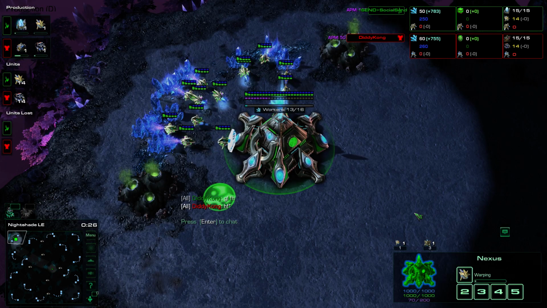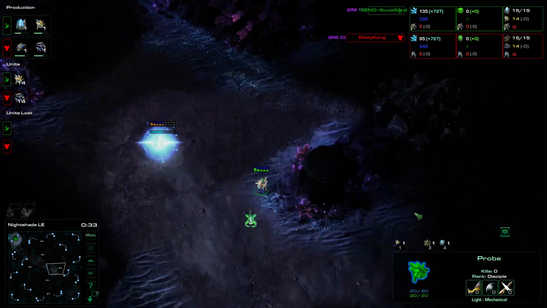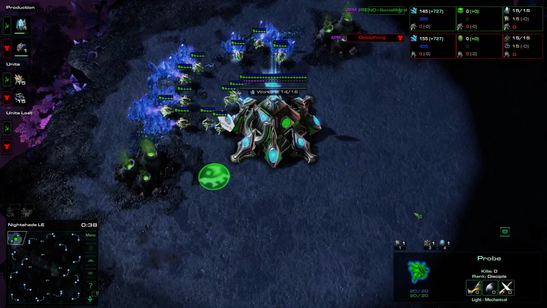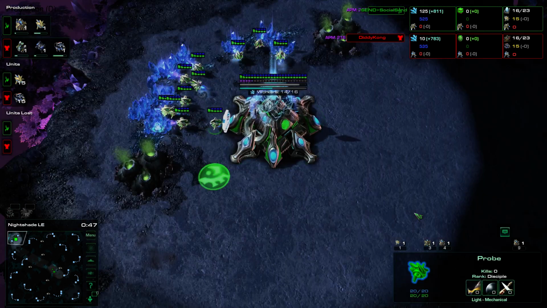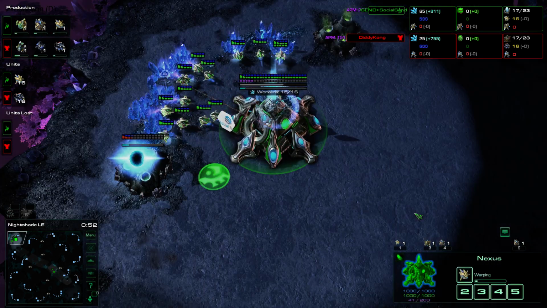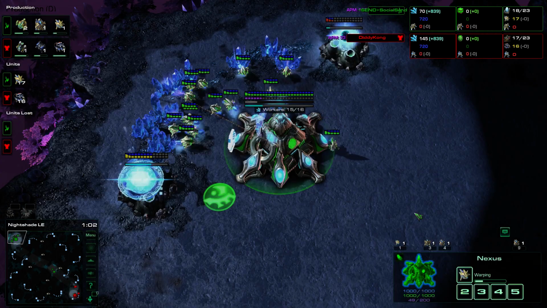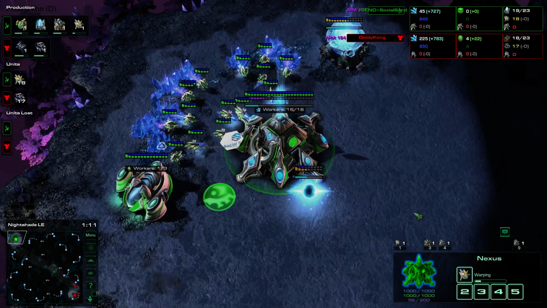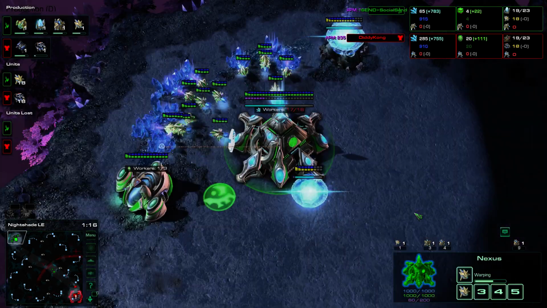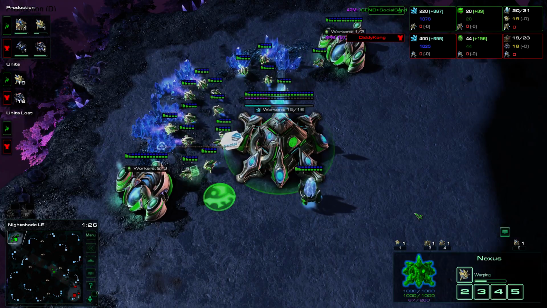This is a game above 5k. I think I've read this Protoss has 5.8k MMR. The Terran has 5.3k. So 5,800 against 5,300. And since this is Master 1 to Grandmaster MMR,